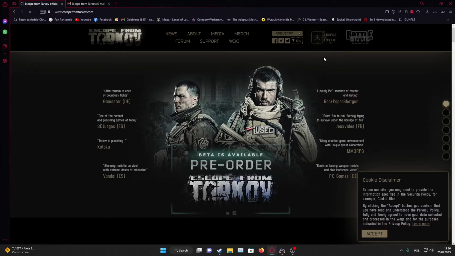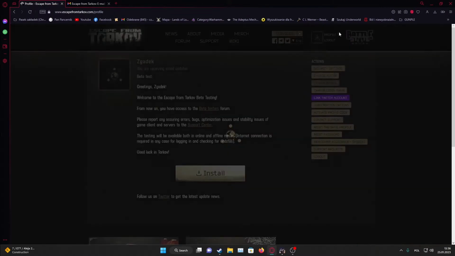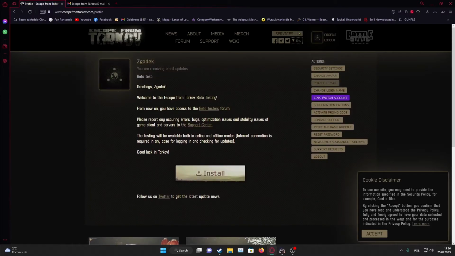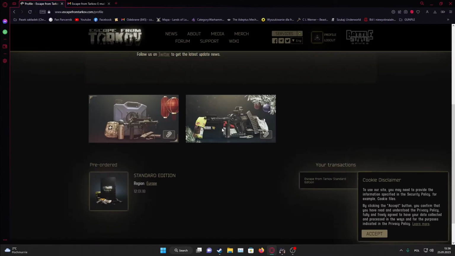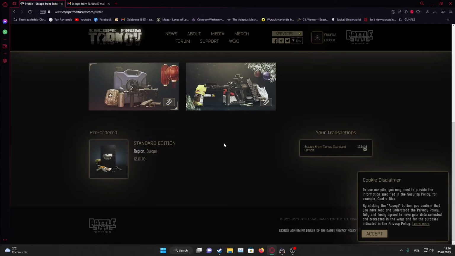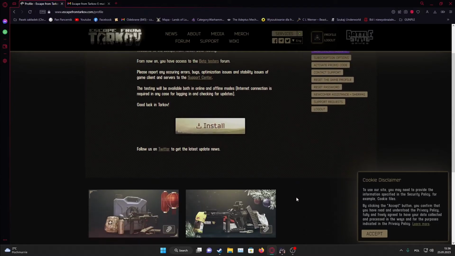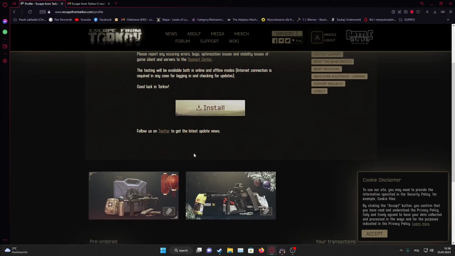So right after you log in, click on your profile. Right here, as I mentioned, you need to own the game, and here I have the standard edition. So there should be an install button in the middle of the screen. Click on it, you'll download the launcher, install the launcher, log in, download the game, and start it to begin